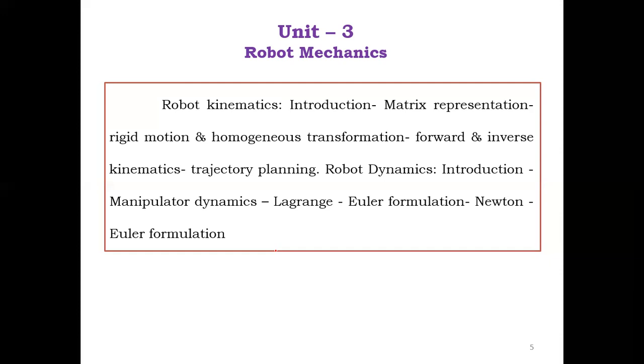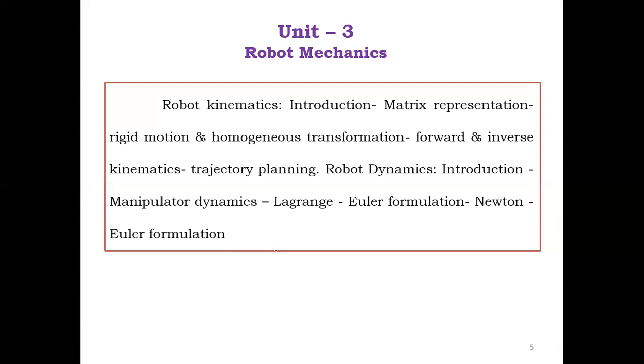Next we went to trajectory planning. If you want to define a particular movement from A to B, you need to define the path planning and trajectory planning. Only through path and trajectory planning can we reach the goal with effective use of tau, that is torque. If you use more torque, it will give more stress to the robot. So we need to reduce the torque, and we need to finish the particular work. For that process we use trajectory planning for effective use of the robot movement.